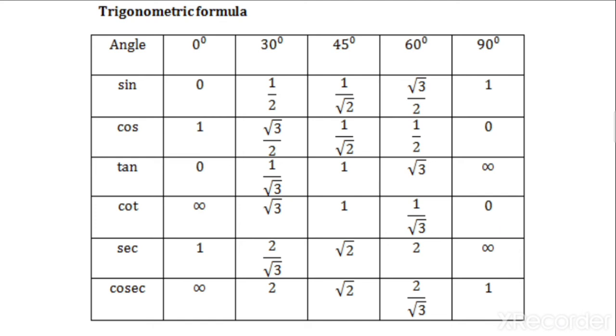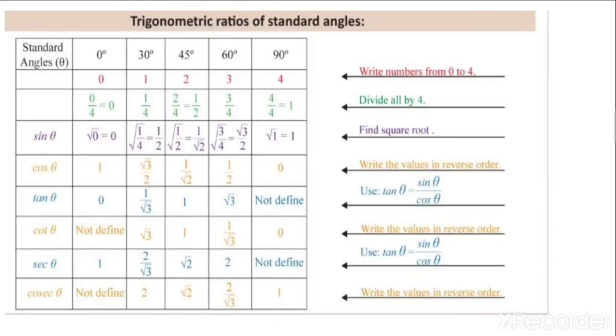See, now you saw this table. What we are using? Our standard ratios, that is sine, cos, tan, cot, sec and cosec, all the 6 of them, and we are taking 5 standard angles, that is 0, 30, 45, 60 and 90. Now without learning and within a minute you can fill up this table. If this empty box is given to you, within a minute you will be in a position to fill up the box. How? Keep watching. Just have a look. The trick.